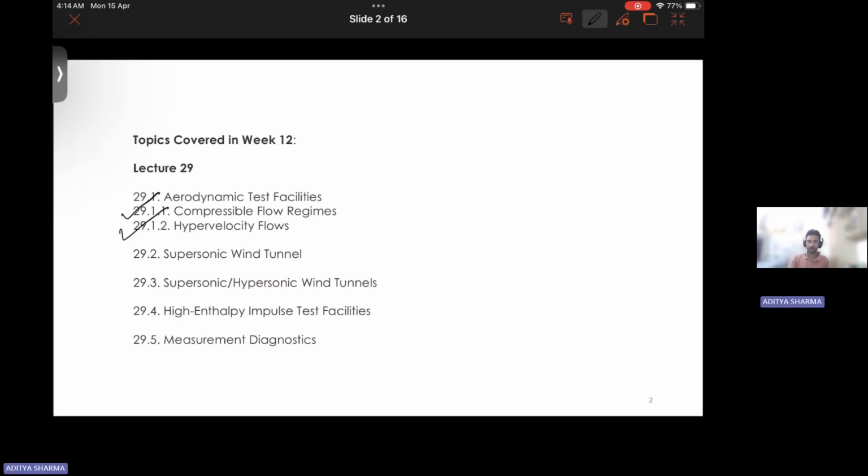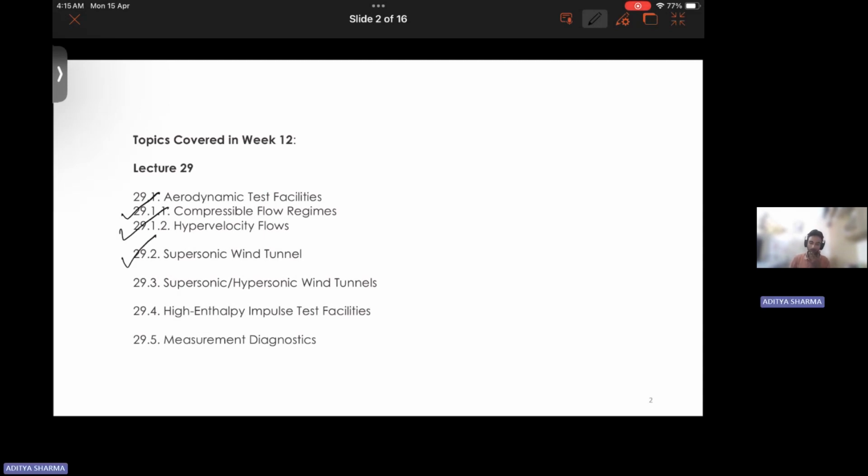And after that, we have supersonic slash hypersonic wind tunnels. Supersonic slash hypersonic wind tunnel, right? So again, its schematic has been discussed. So after that,